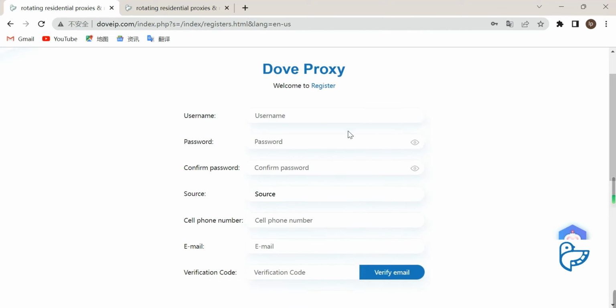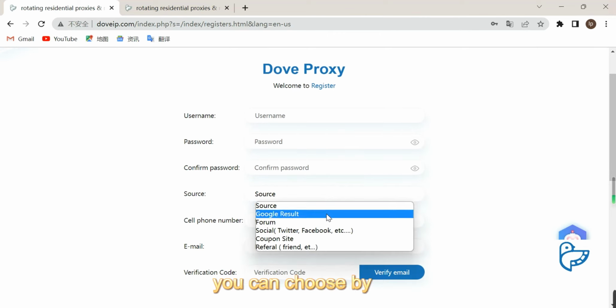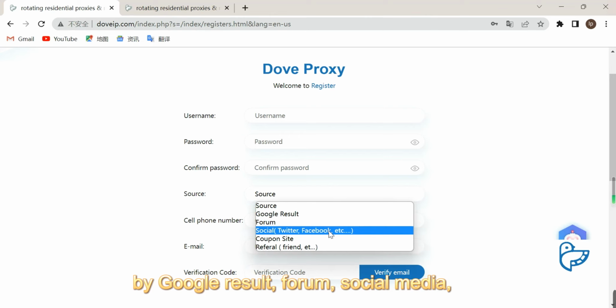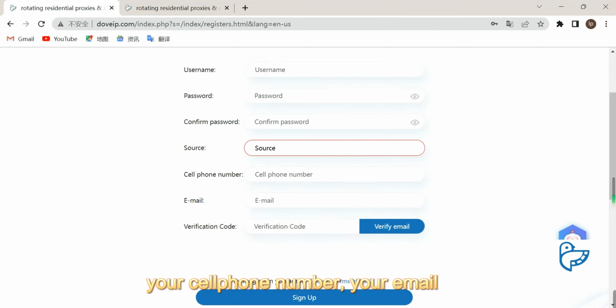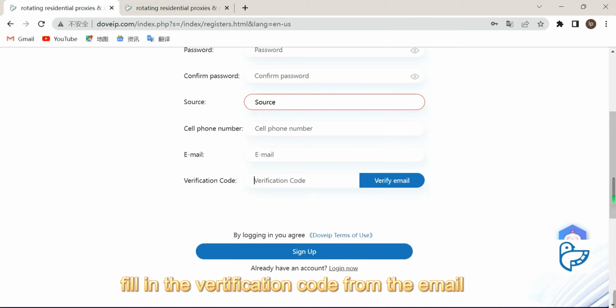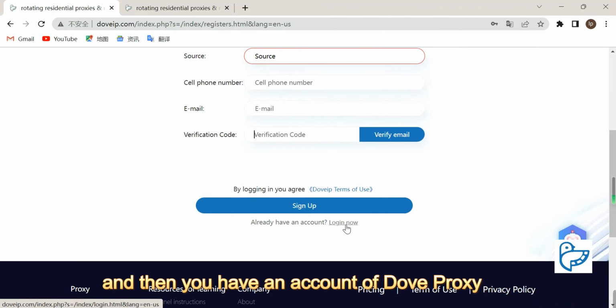You input your username, a password, confirm password, and select the source. You can choose how you found us: by Google result, forum, social media, coupon site, referral, friend, or etc. Anyway, it's okay. And your cell phone number, your email. Your email is very important because we will send you the email verification code, and then you fill in the verification code from your email, and then you click sign up,